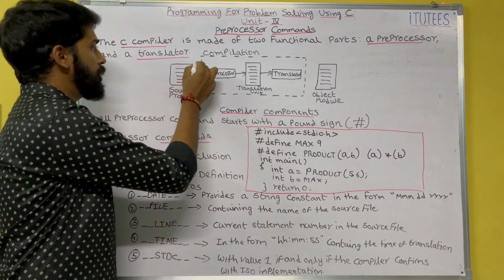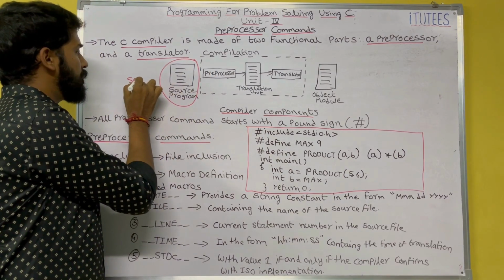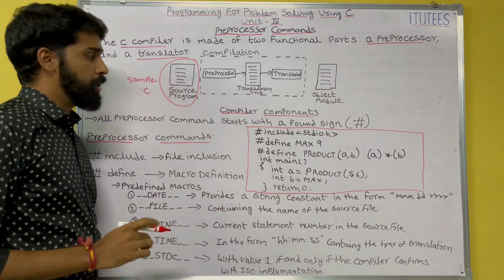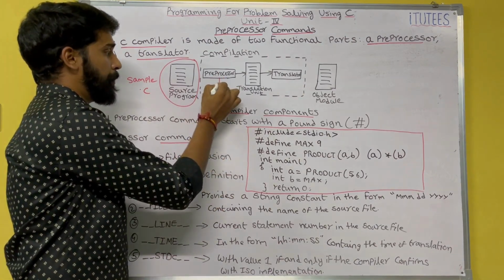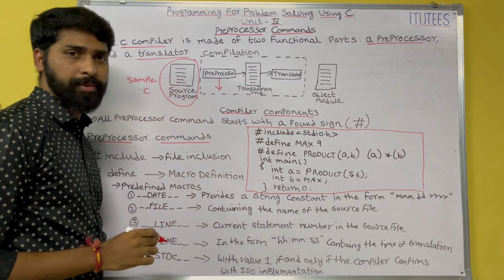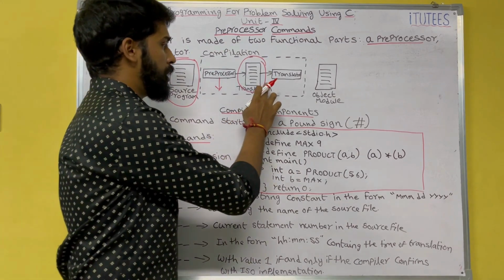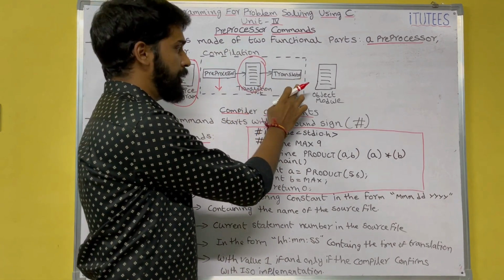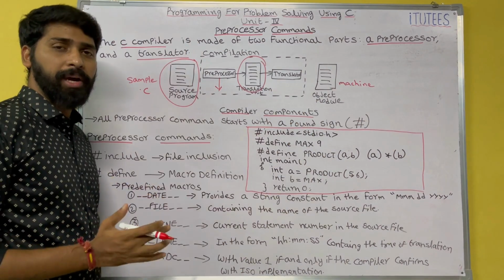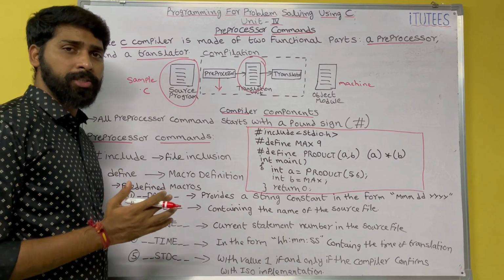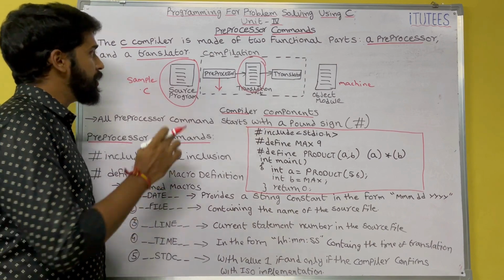Let us assume this is your source program, that means our .c file. For example, this is the sample.c program. Now, when you compile this program, first the compiler applies the preprocessor on this source file. Now we get one translation unit. This translation unit is sent to the translator and it generates the machine code for this source program. Compilation is nothing but the high level language instructions being converted into machine level language instructions. Here the high level language we are using is C.